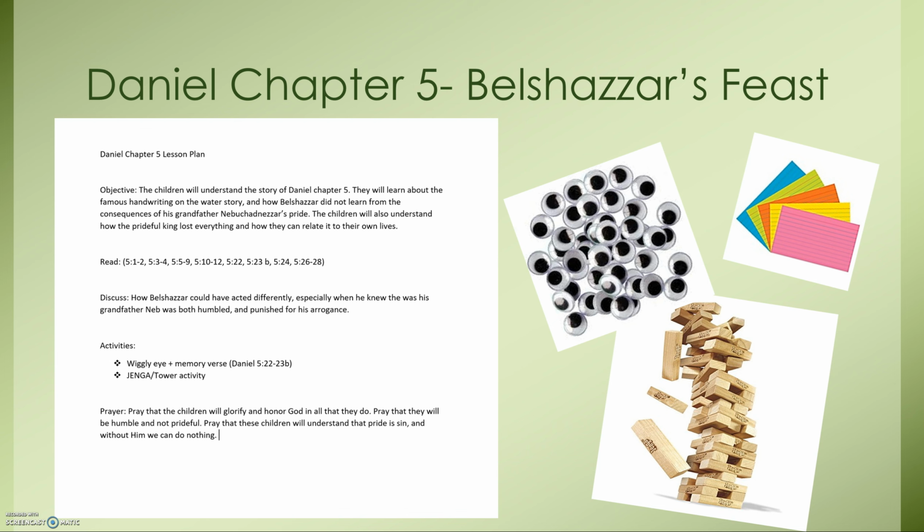And then Belshazzar's feast. This is about how he did not learn from the consequences of his grandfather, but he was also prideful. And so you could give each student a wiggly eye and glue that to an index card, and then have them write the memory verse, Daniel 5:22 to 23b, on the back or around it, however they like, and then kind of have a discussion about, can God see you everywhere, and how they should answer yes, and ask if you can hide from God, and ultimately hopefully they say no,